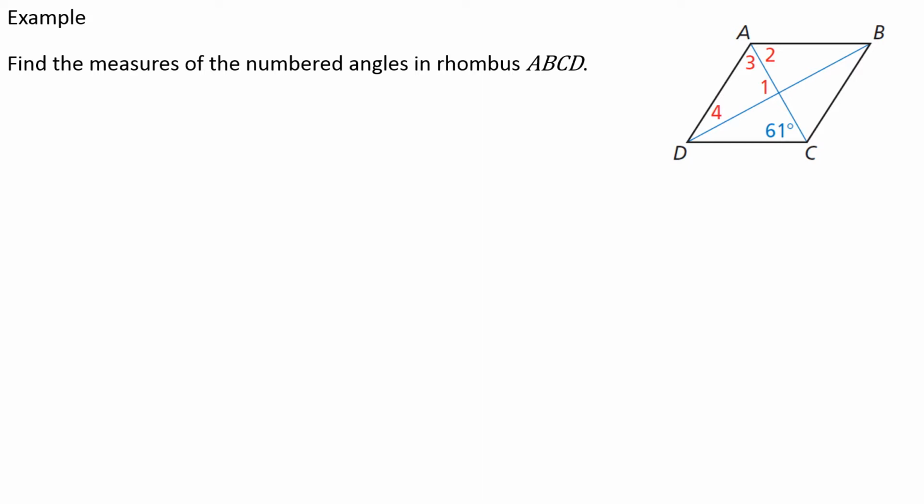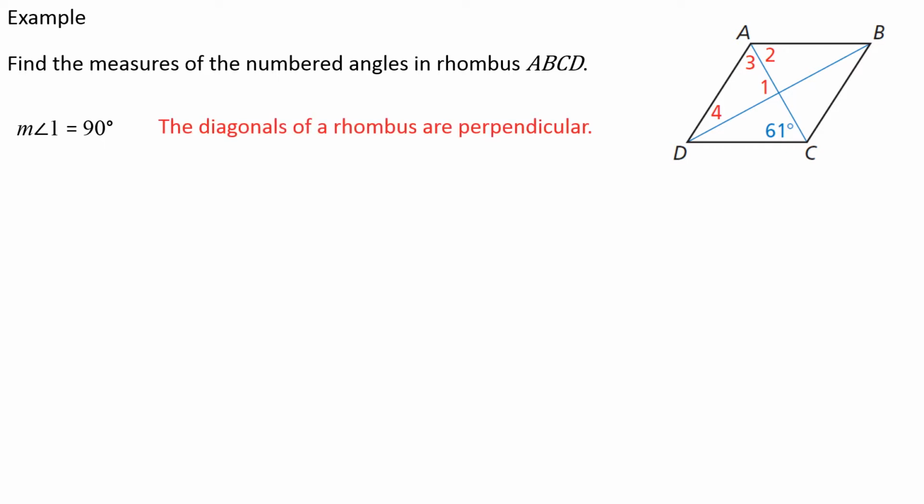Okay, what would be the easiest angle to figure out first? Well, angle 1 might be the easiest. You know it's got to be 90 degrees because you know the diagonals have to be perpendicular. Just by eyeballing, you can probably figure out that angle 2 and angle 3 have to be the same as that 61 degrees. But if you want some official reasons,